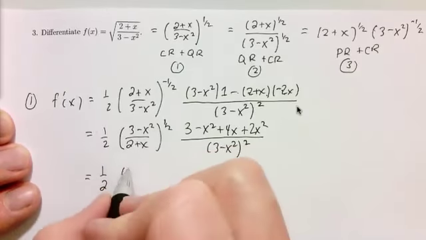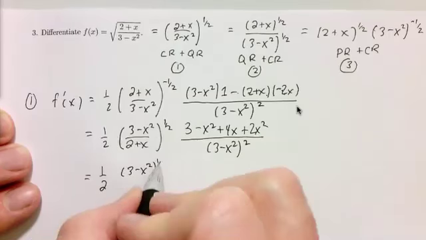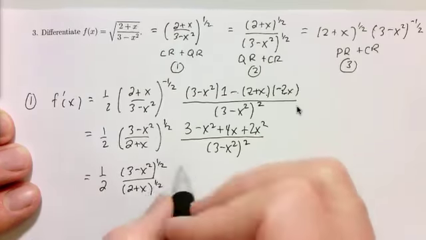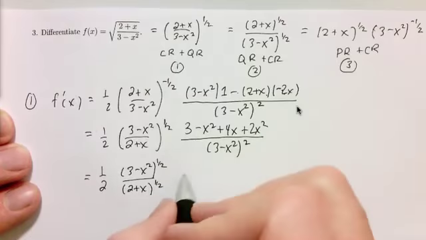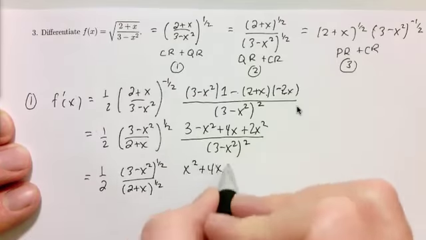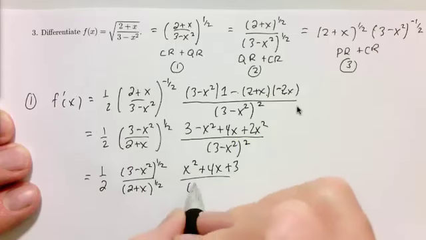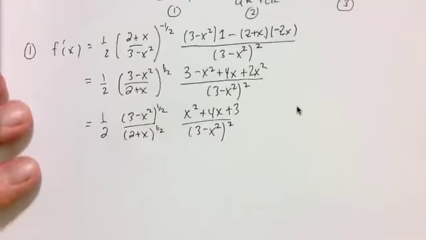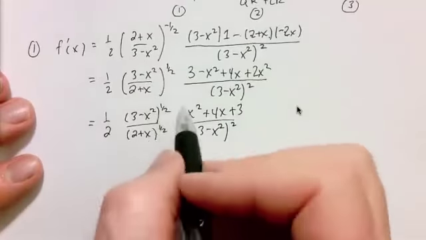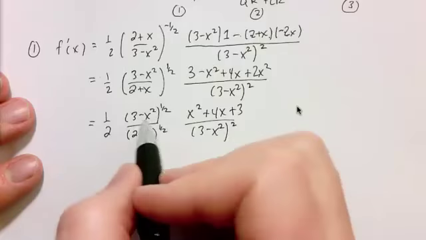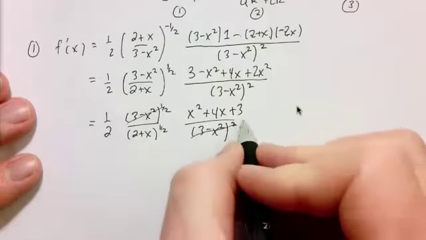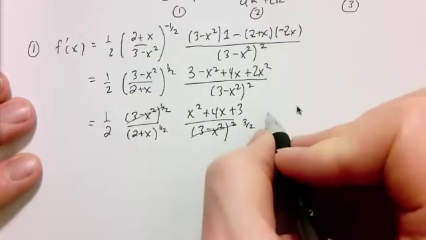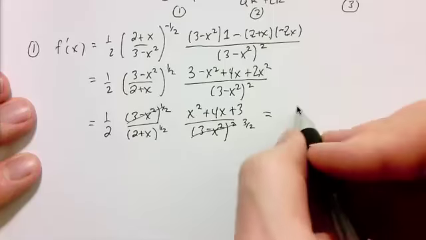Okay. This first I'm going to split up by distributing the exponent up and down. Here we can do a little more cleanup, so you have x squared plus 4x plus 3. Now here I can cancel some 3 minus x squareds. Now I just change the exponent to the 3/2 power. I didn't cancel all of those. So all together now I'm left with